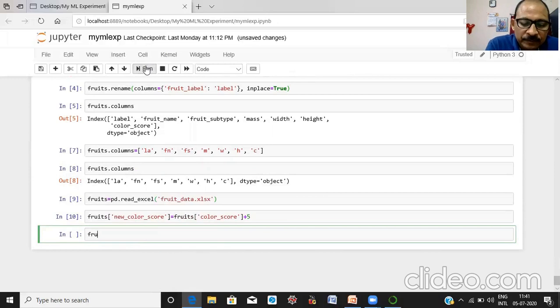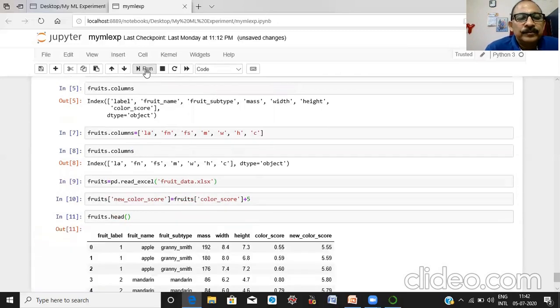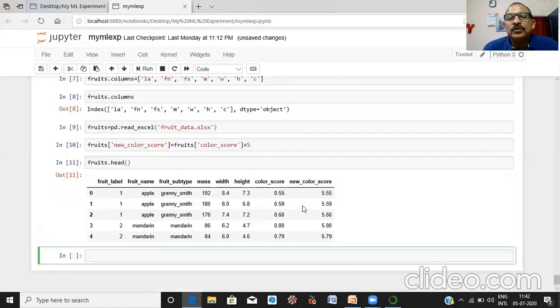Now let us see. Here you can see we have inserted a new column, new color score, from the existing old column color score by adding 5 to these values. So this way you can create new columns.